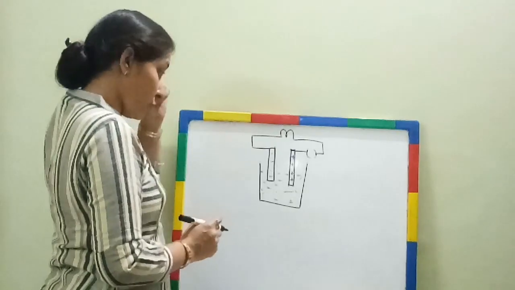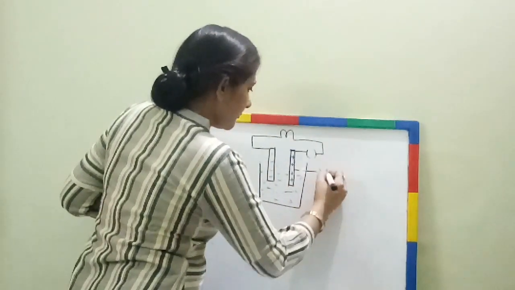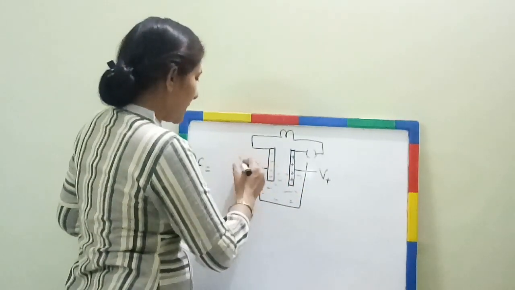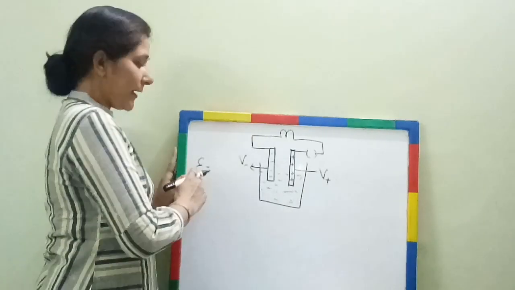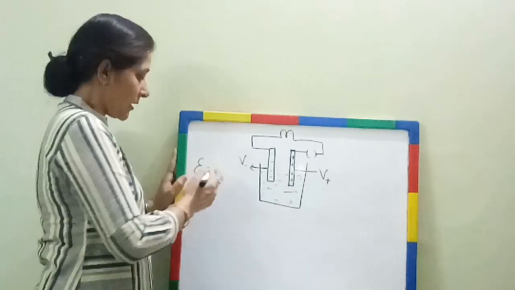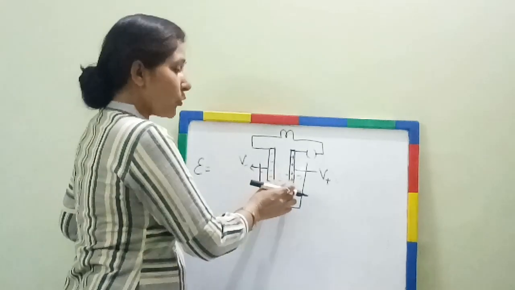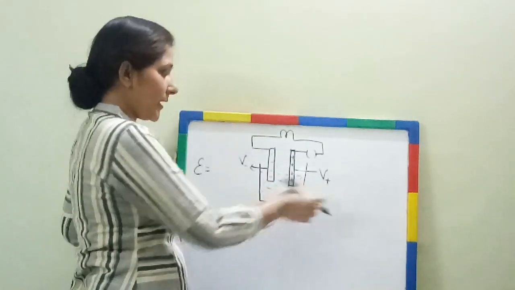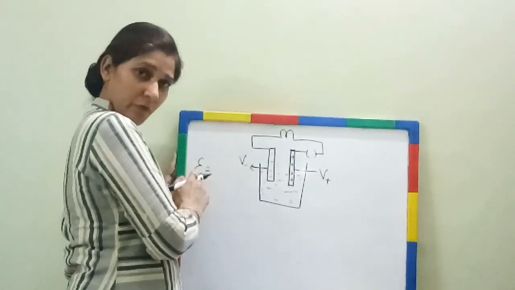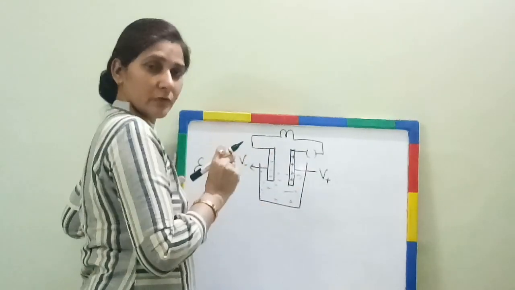Okay, electromotive force, how is it given? It is given by E. Now, suppose V positive is the potential at this terminal, this electrode, and V negative is the potential at this electrode. Now, electromotive force, we are saying EMF, is the potential difference between two electrodes. दोनों इलेक्ट्रोड्स के बीच के पोटेंशियल का डिफरेंस है. अगर यहाँ V प्लस है और यहाँ V माइनस है, तो दोनों का डिफरेंस आपको क्या देगा? EMF. Okay, it is the potential difference between two electrodes of the cell.